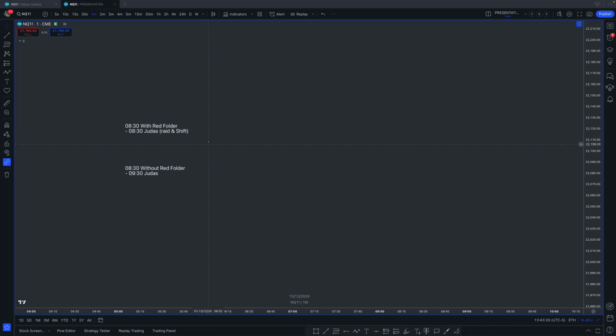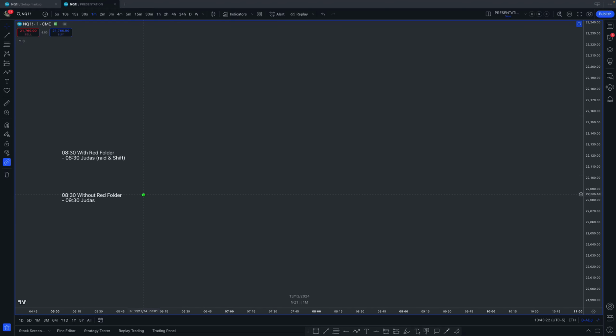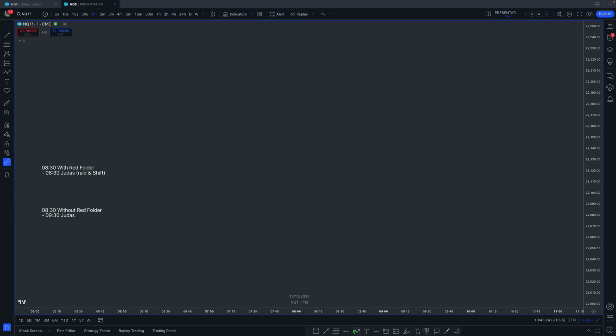So that's pretty much his model, and what he's looking for is any kind of clean lows in the pre-market, for example, really dodgy looking, and then we're coming into 9:30. So at this point,